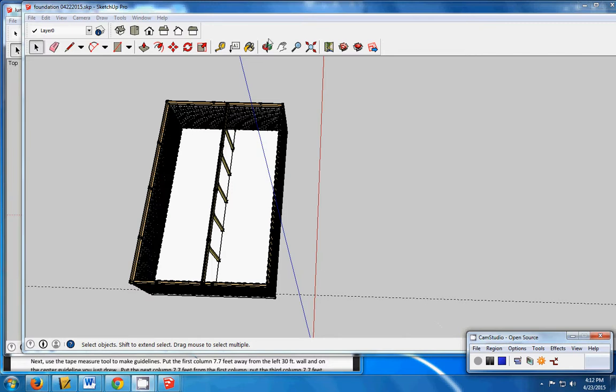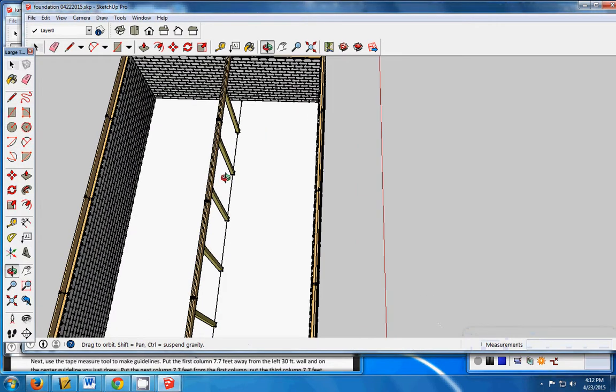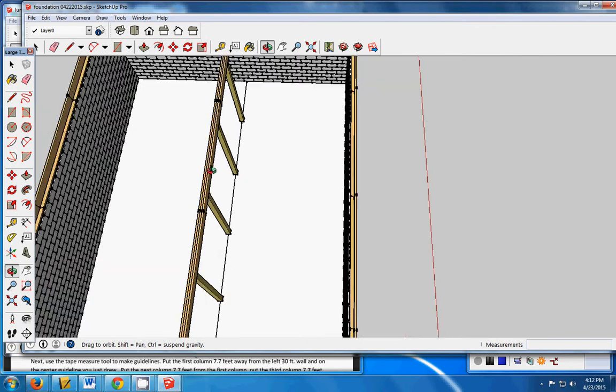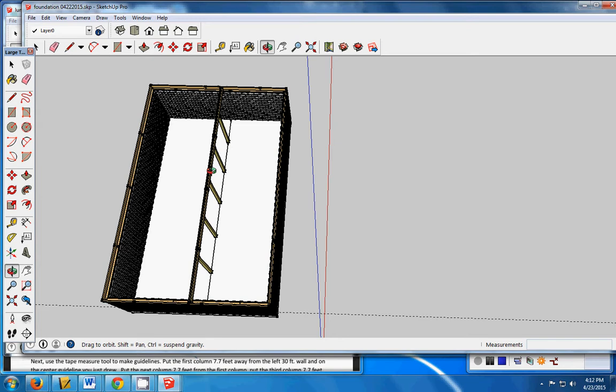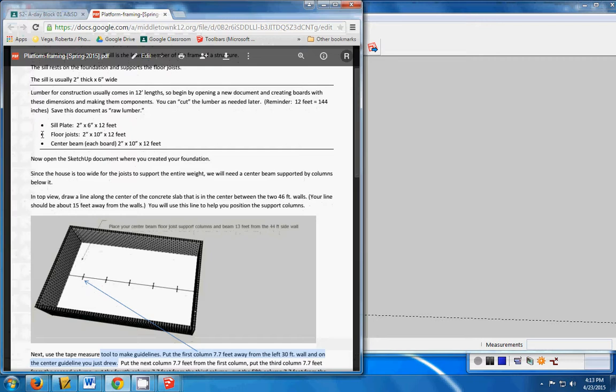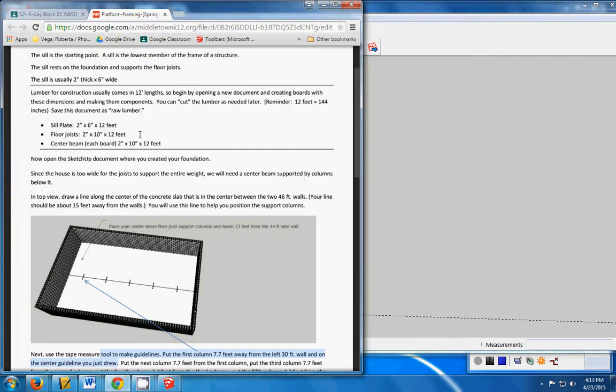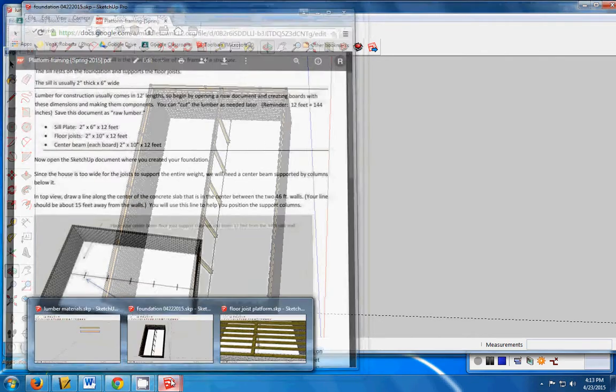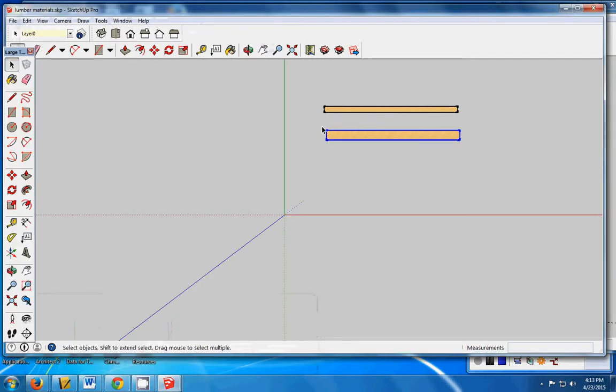Last time we left off after having created a sill plate, header joists, and a center beam for our floor platform. Today we're going to be adding the actual floor joists. If we go back to our Google Classroom document, we see that the floor joists are the 2x10 lumber. So we're going to go to our lumber document and pick up our 2x10, edit, copy,